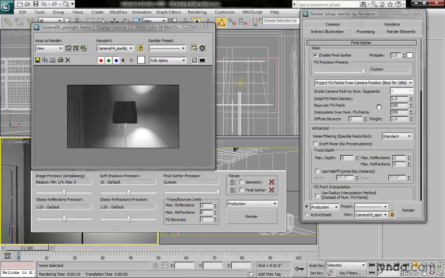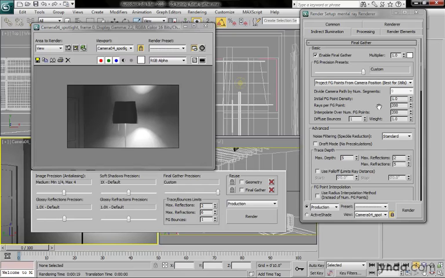For animations, it's much more complicated. Because Final Gather is view dependent, if the view changes, then the Final Gather setting is going to change. And in a camera walkthrough, for example, the view changes on every frame. So the end result is you get a lot of flickering. Now, there are ways to deal with this, but for now, let's just leave it at, if you're doing an animation, you're going to need to have much higher Final Gather settings, and that's going to result in much longer